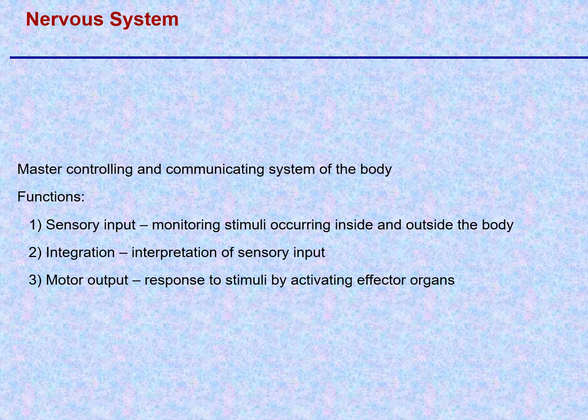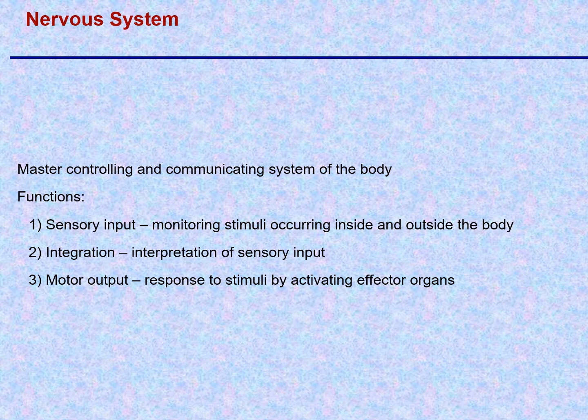So you have interpretation of that sensory input. So there's an integration. You have sensory input and then you have integration of that information. And then if necessary, you will have motor output, impulses that go out to effector organs and activate those organs